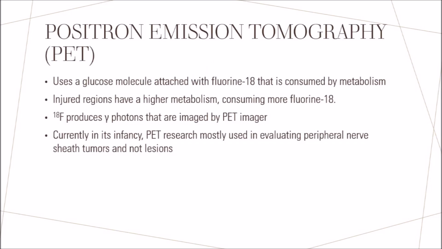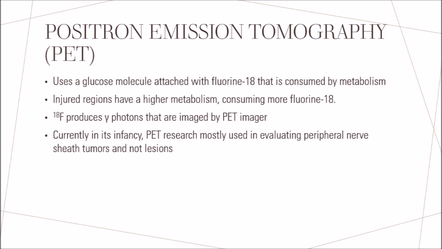Finally, for our very last imaging method, we have positron emission tomography. As we learned in class, PET works by first attaching a fluorine molecule that emits gamma rays to a glucose molecule. The glucose molecule is then introduced to the nerve, where it is then consumed by metabolism. But in the entire process, when it is being consumed, the fluorine molecule will emit gamma rays that is imaged